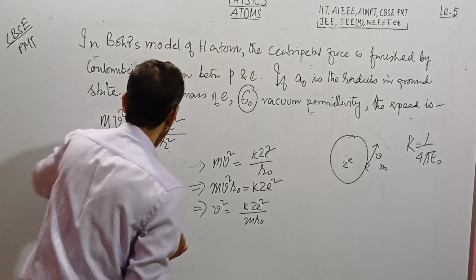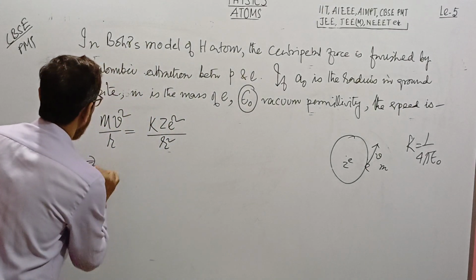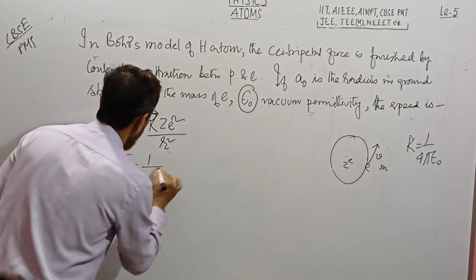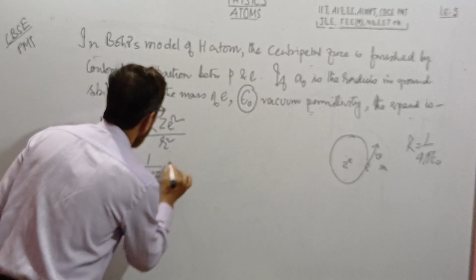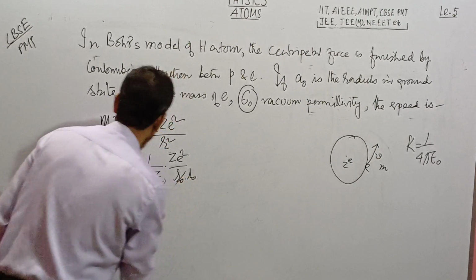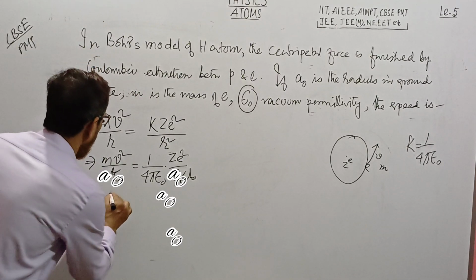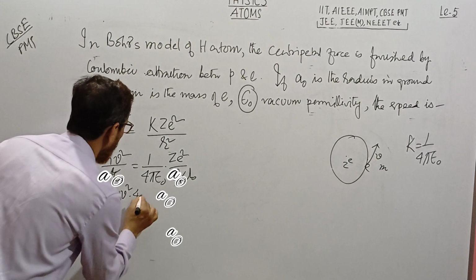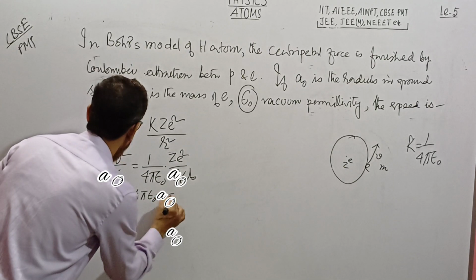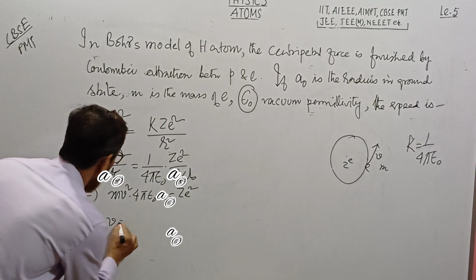So what we need to do here is, m v square, r is equal to r naught, k is equal to 1 by 4 pi epsilon naught, z e square by r0 squared, that is cancelled out. So v square 4 pi epsilon naught r0 m is equal to z e square. Therefore v is equal to